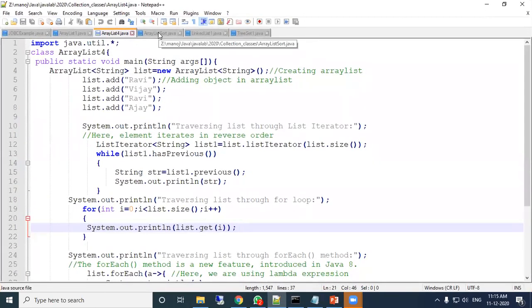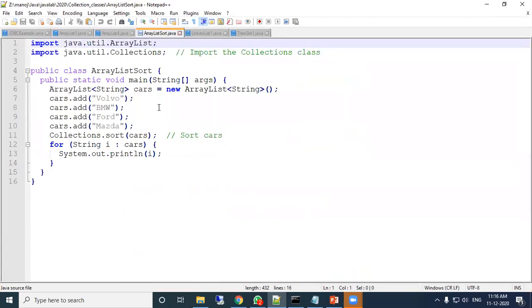Next, array list sort. Here an array list is created, data is added. Then there is a sort method of the collections. Just go through this. There is a cars array list created. Volvo, BMW, Ford, Mazda. These are the 4 cars added in the cars array list. Then Collections.sort(cars).